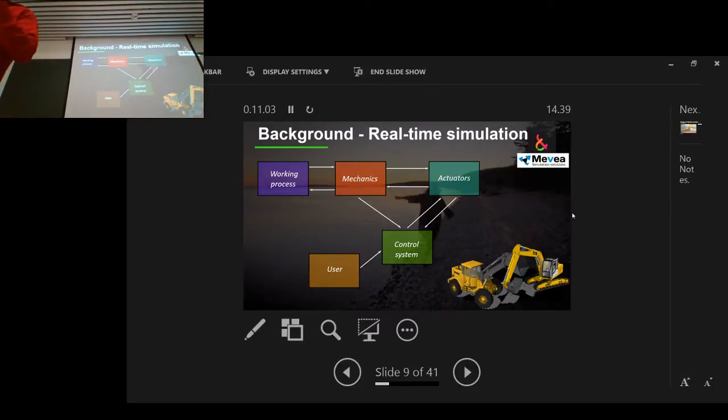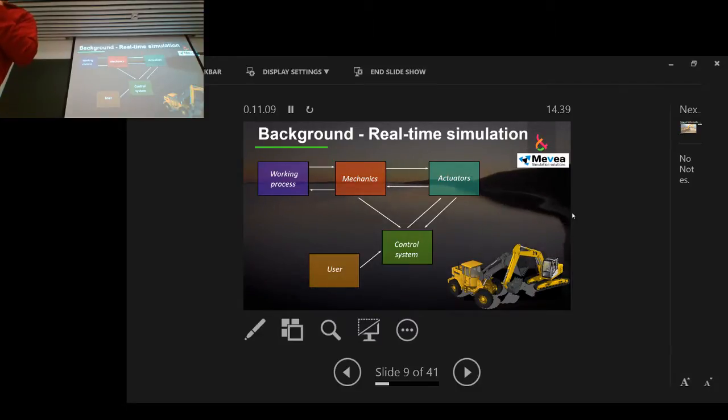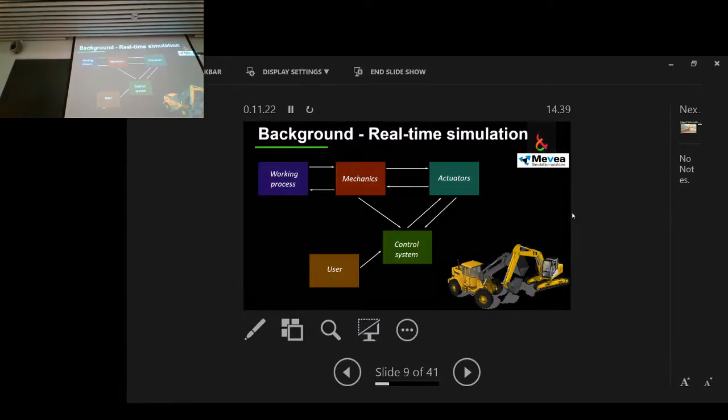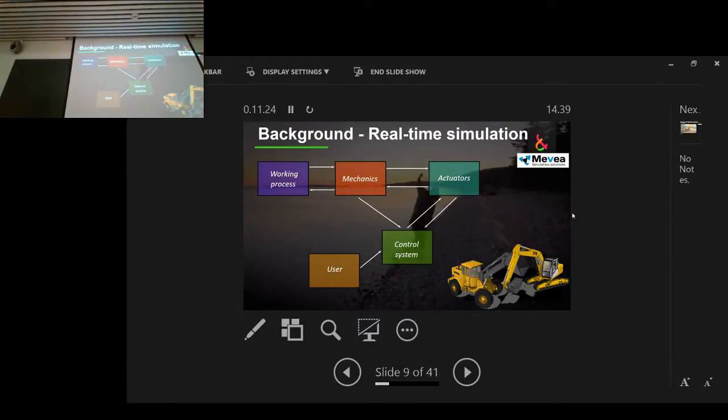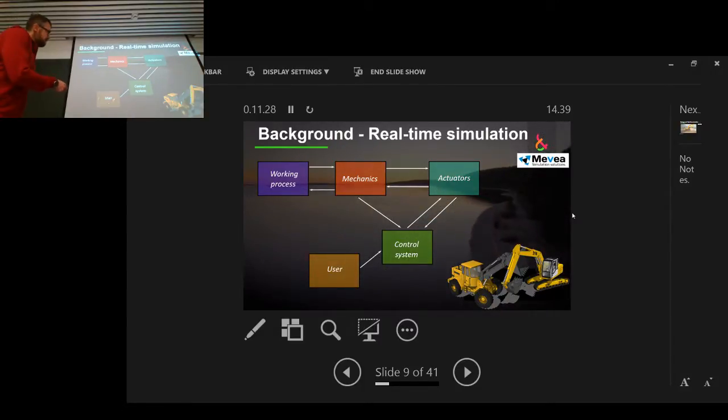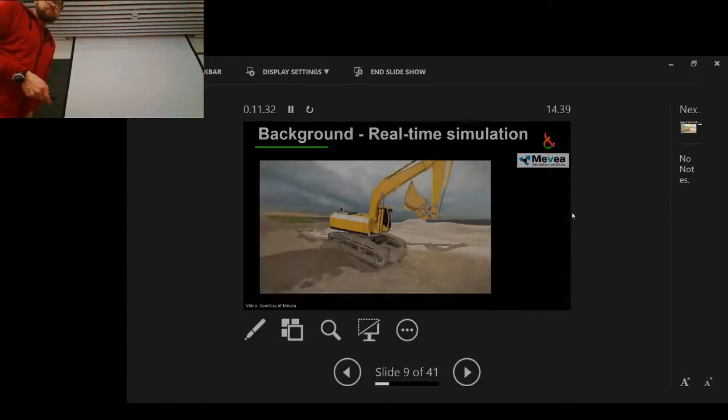So why is it possible that the behavior is so different? That's simply because of the user. And the user is something that is very difficult to predict. There are attempts to predict how a human behaves, but that's extremely difficult. The easiest way is just to get people involved. That's possible with real-time simulation, as we can read the signal from the user.